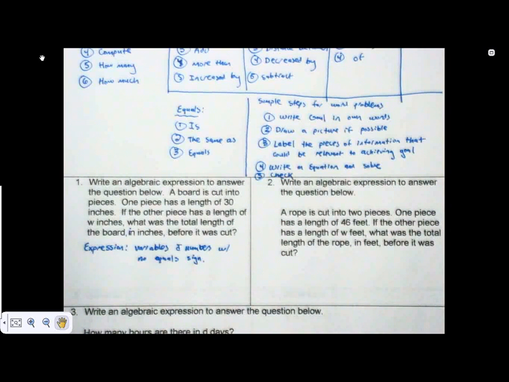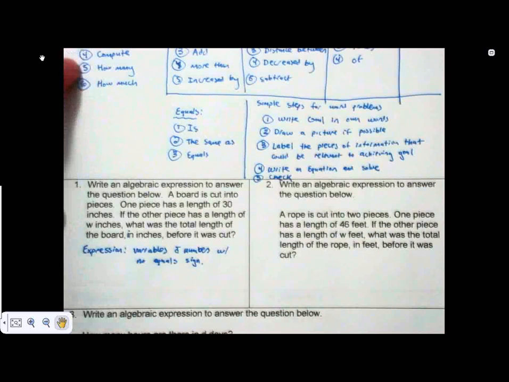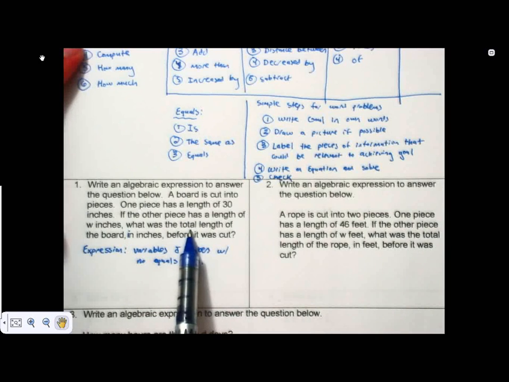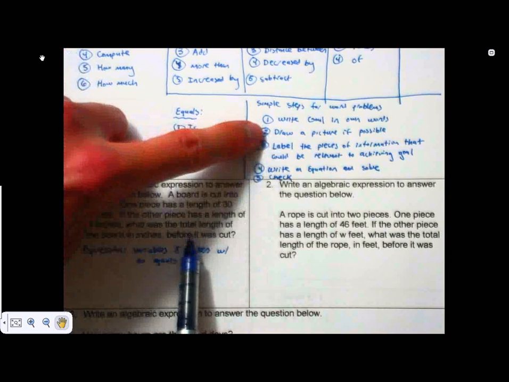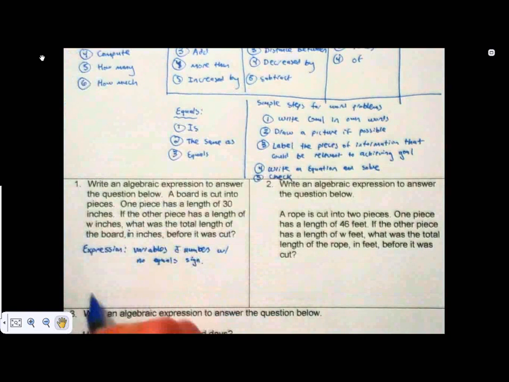Well, if we go through our steps, the first thing we want to identify is what's our goal? Well, I'm going to hunt for one of these words. And so I see that what was appears right here. So what we're supposed to do, it says, is what was the total length of the board in inches before it was cut? Well, the fact that they use total length of the board tells me that we've got this board and we're supposed to find the full length of it. So since they're talking about a board, that actually lends itself really nicely to a picture. So if I draw our board,